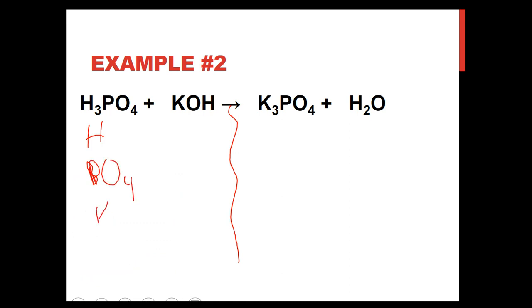PO4, I've got Ks. Now notice that I have OHs on this side, but I do not have OHs on this side. So I cannot balance that as a group. You can't suddenly make this into OH. So I'm going to break this apart and say that's an O, and then I'm going to add that H